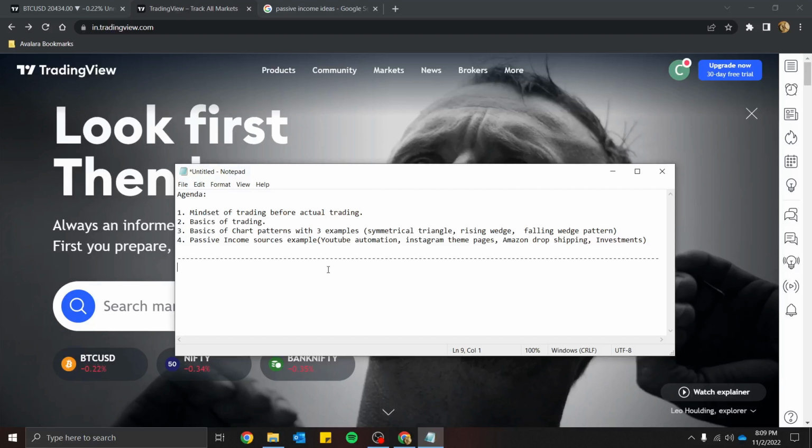For example, if I talk about myself, I started trading almost 2 to 3 years ago. When I entered the field of trading, my mindset was the same: I wanted to get a huge profit and get rich quickly, but that was not what happened to me. That doesn't happen to anyone. In the initial months, or a couple of weeks, I made a huge amount of losses, like my portfolio went to zero a couple of times.